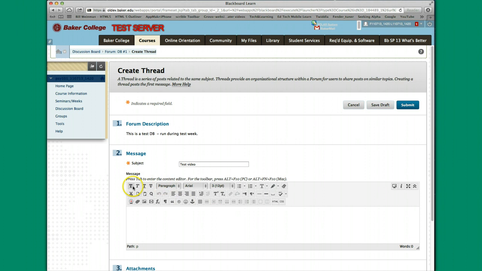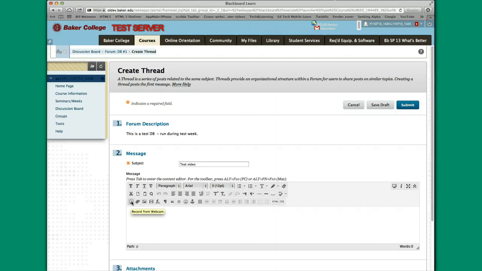These are all of the things you're used to seeing, your bold, italicized, underline. You can change font. You have bullets and numbering. Your copy, paste, that type of thing. Spell check over here. Bottom left, this little circle with a little dot in it looks like a webcam. So all I have to do is click on here and I will get my Video